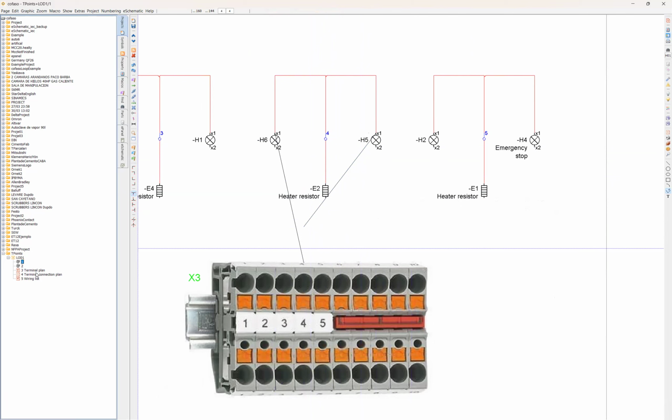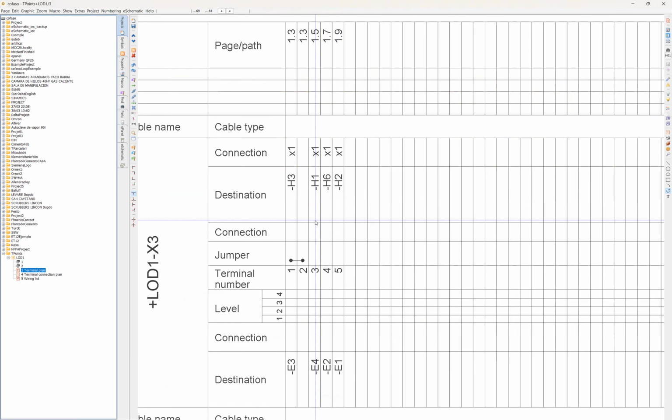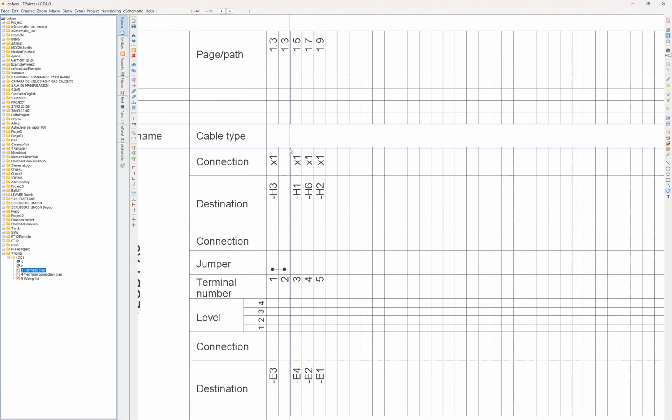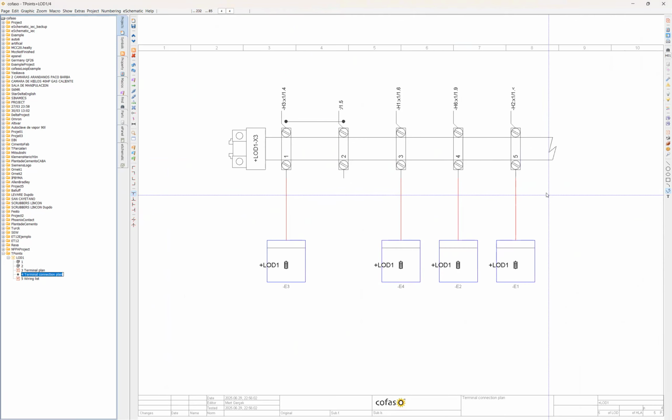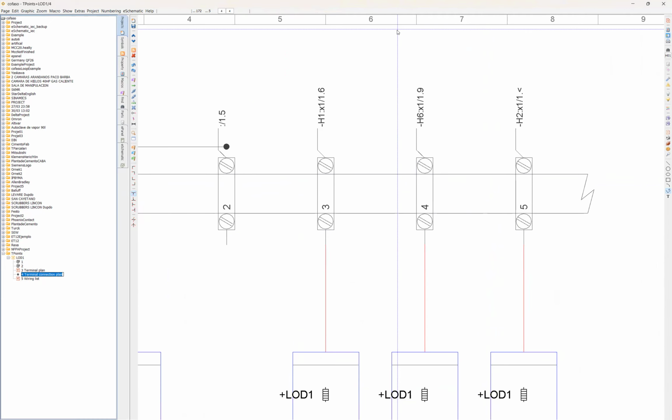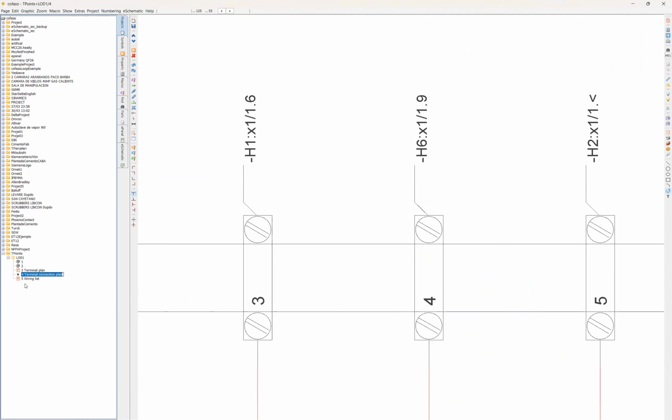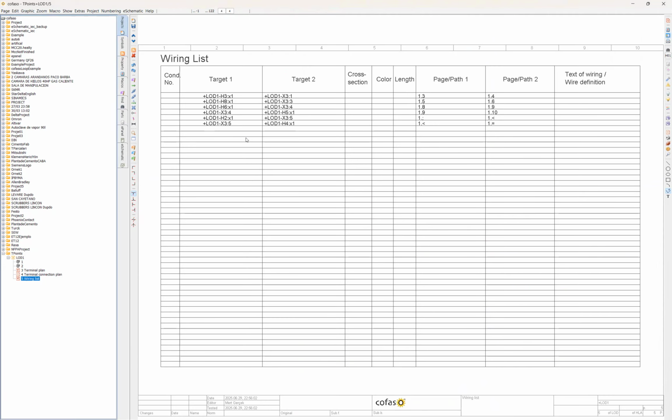But in the terminal plan, you only see H6, but it is actually connected to both of them. So in the terminal connection plan also, you only see the H6 one in the cabinet, but in the wiring